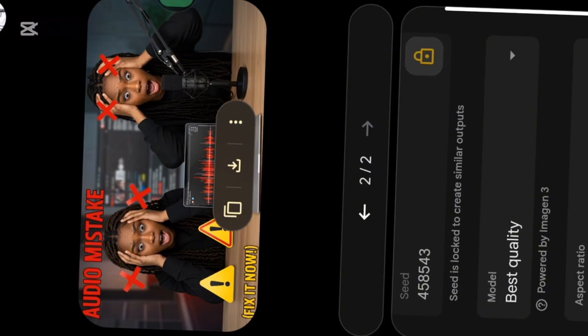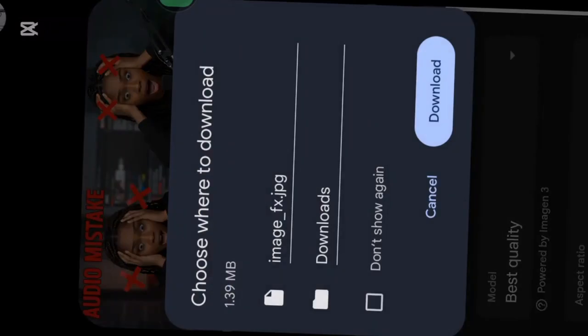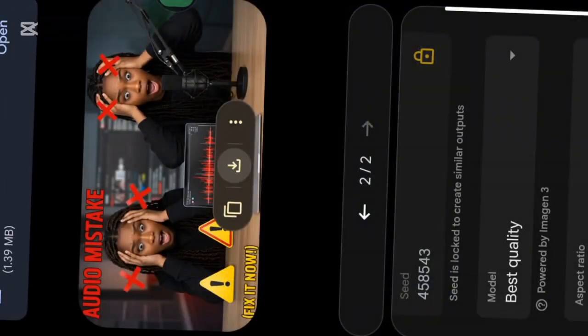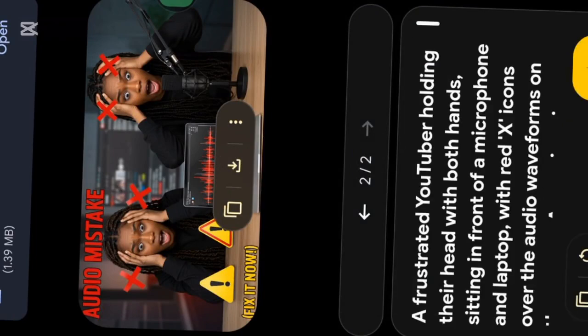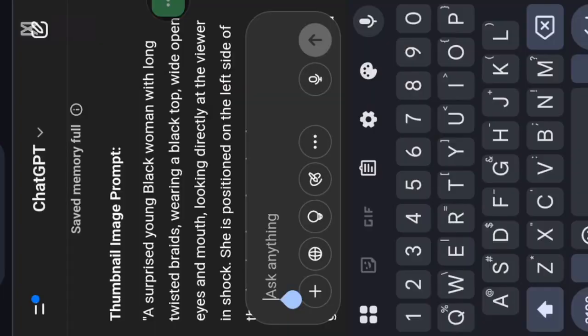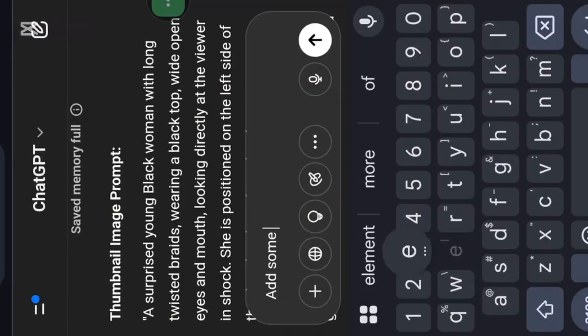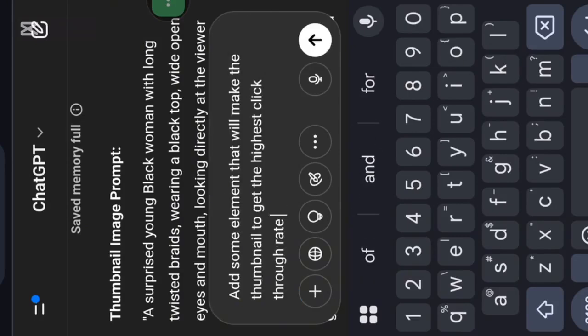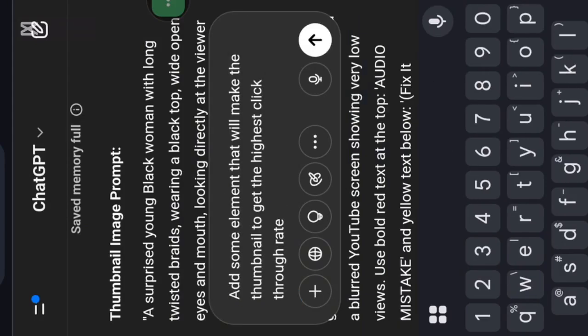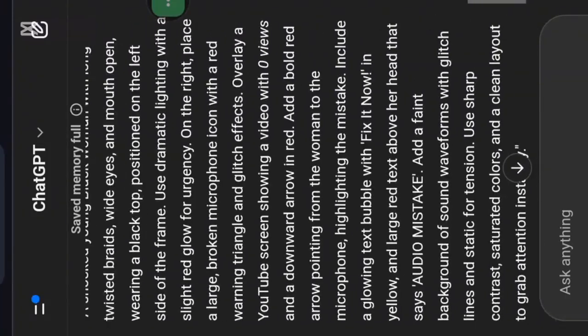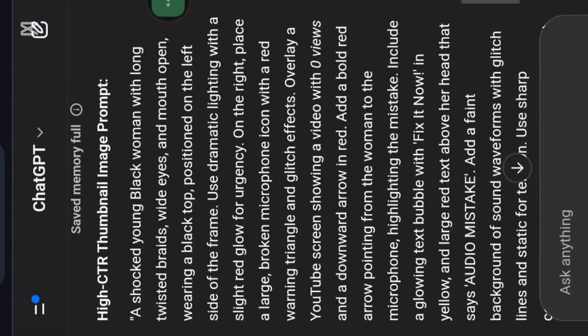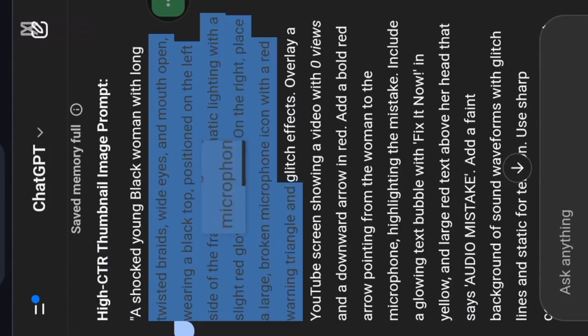So what we need to do, I can actually download this first. So let me just download this one first, guys. So after downloading this one, we come to input here. What I will need to do right now is go back to ChatGPT. Then you are going to tell ChatGPT to add some elements, right? Do you understand? I just go ahead and send it. All this prompt like this, we are going to copy all those prompts from here. So you just go ahead and copy